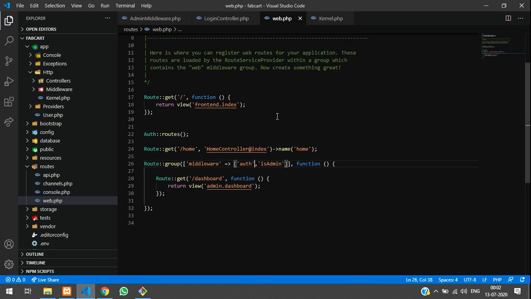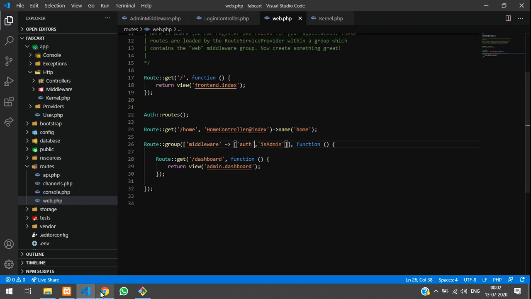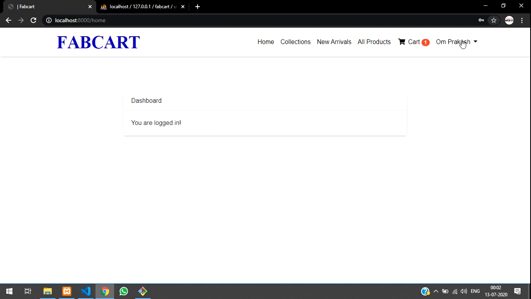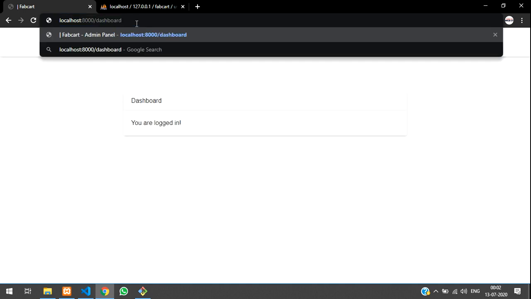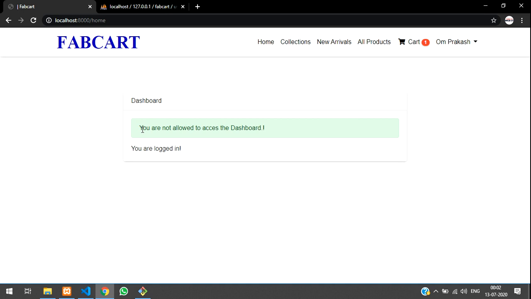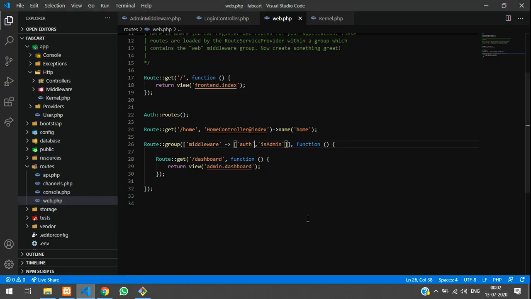So guys, now we are going to test whether this authenticated user Om Prakash is able to log into dashboard or not. Okay, so let's just try to mess with this. Click on dashboard. So you are not allowed to access the dashboard. You are getting a return message because we are using the admin middleware is admin.